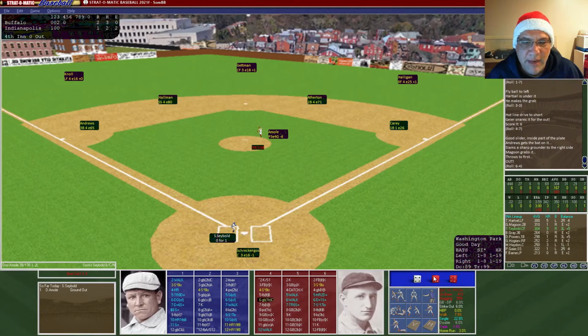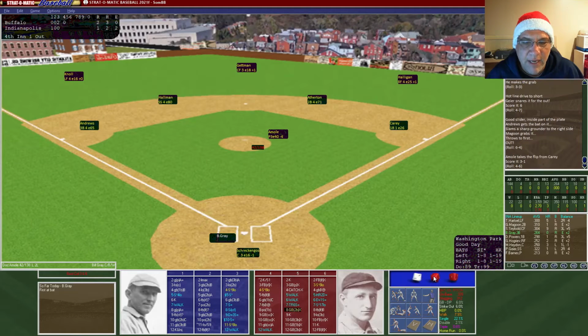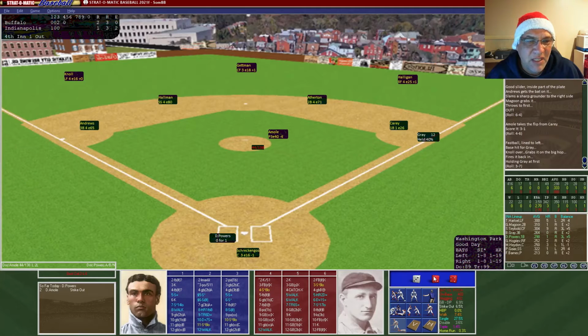Here's Doc Molley on the mound going against Sock Siebel. Sock Siebel is going to hit a ground ball to first base, and that's going to be 1 out. Gray is up. He's going to rip a single, his first hit of the series. Bringing up now Doc Powers, the first baseman. He is 2 for 6 in the series.